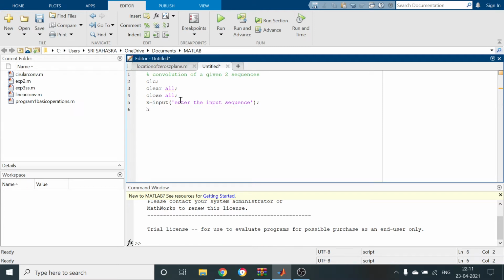We know that in the time domain, the output is indicated with y of t, the system function with h of t, and the input with x of t. The y of t is given by x of t convolved with h of t. So I am going to take general notation: input, enter, impulse response, otherwise impulse sequence.